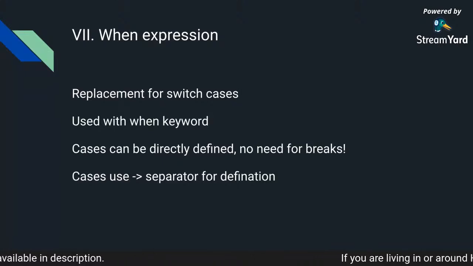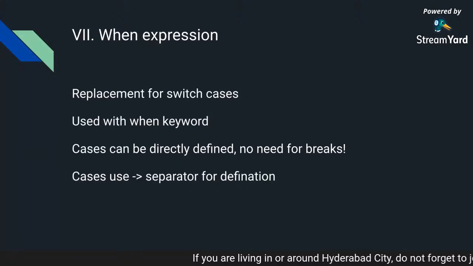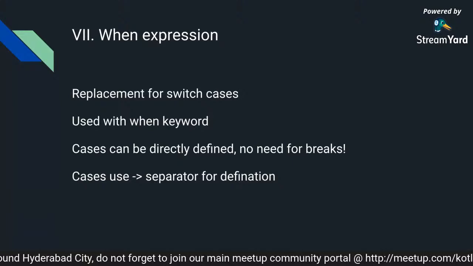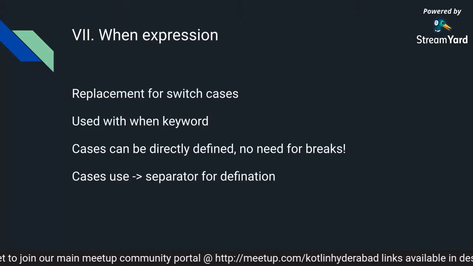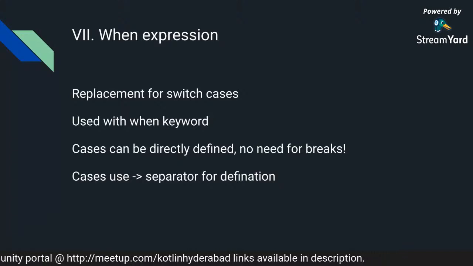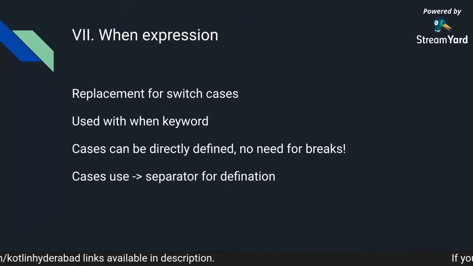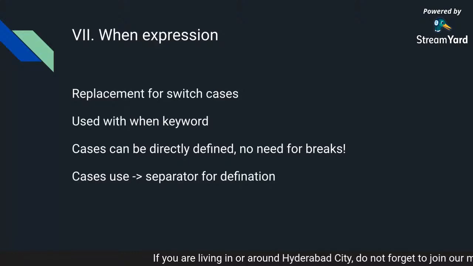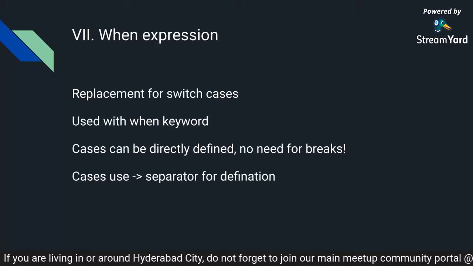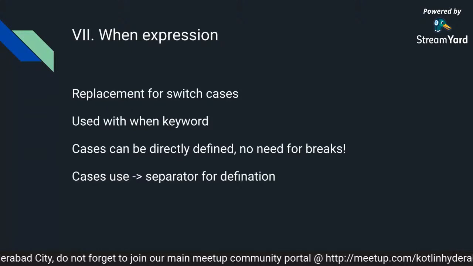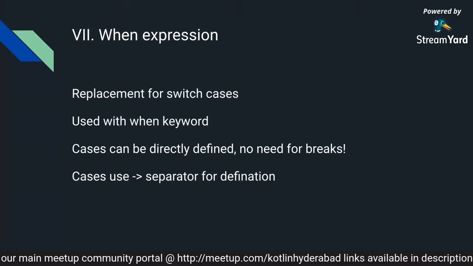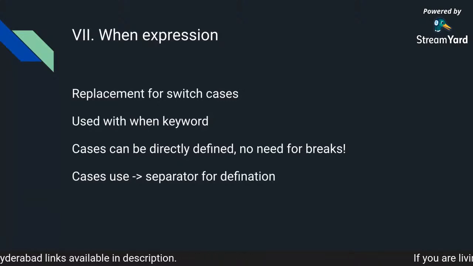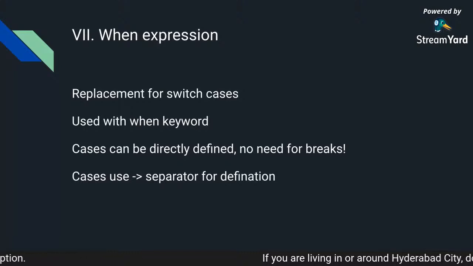So we don't have switch in Kotlin. It's instead replaced with when. So we have something much better than a switch statement. This is what we call a when expression. We use the when keyword to define it, and then we can define cases directly, and there is no need for breaks. In switch cases in Java, you would write code like case 0, then do this, and then break. If you don't write the break, it'll go to the other case as well. So that was something you had to look out for, right? But with Kotlin, you don't have to do all of that with the when expression.